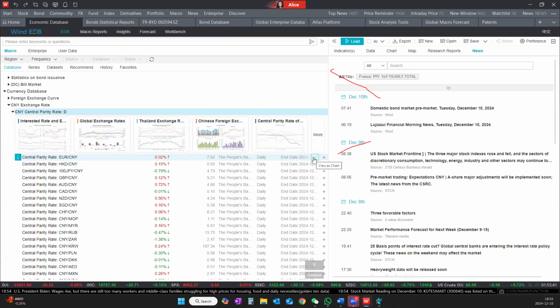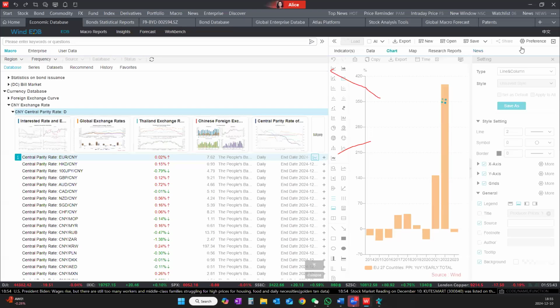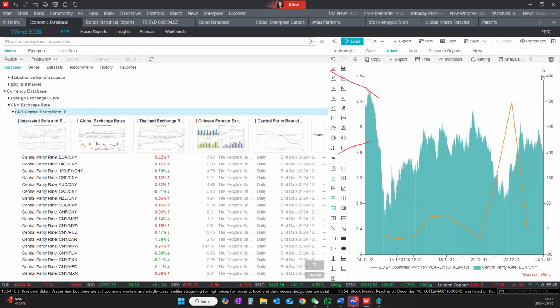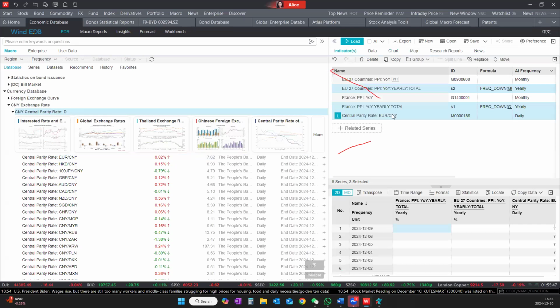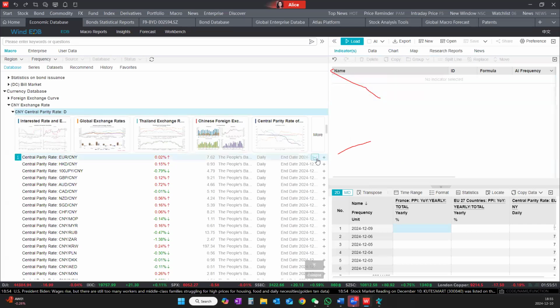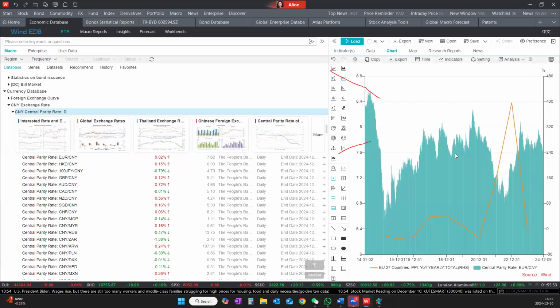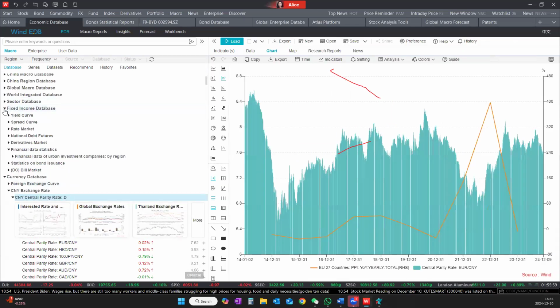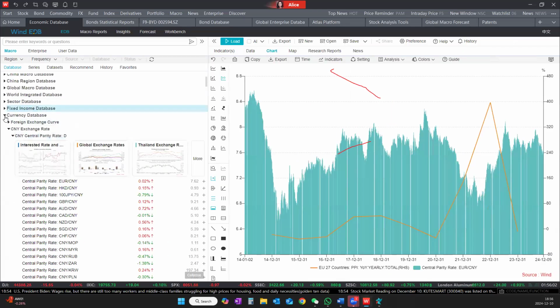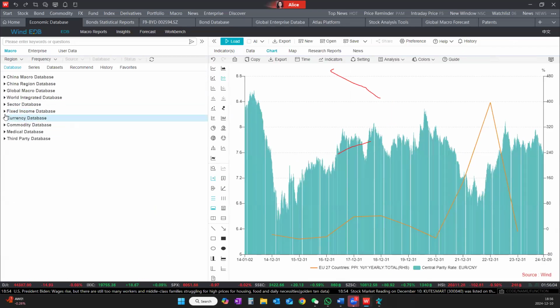If you want to have a quick view, you can see the quick chart. I need to delete some of them. And let's see with the chart. Yeah, so this is the currency database and fixed income database that you can take advantage of